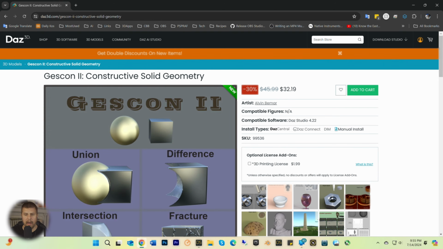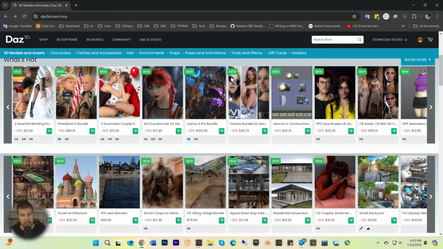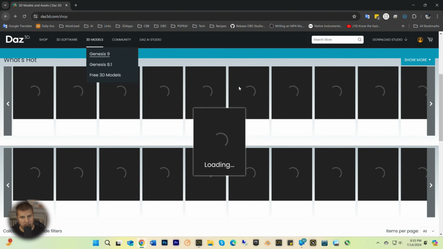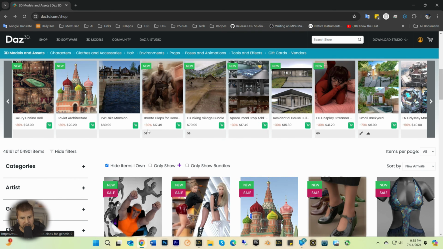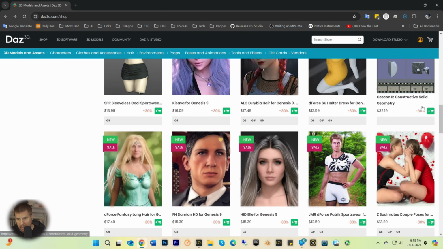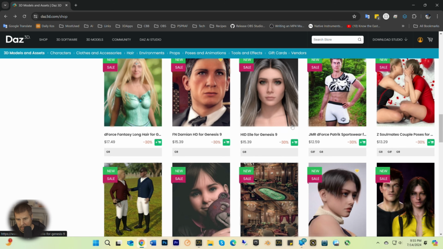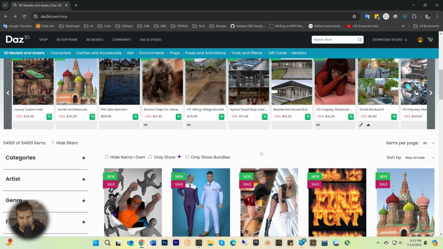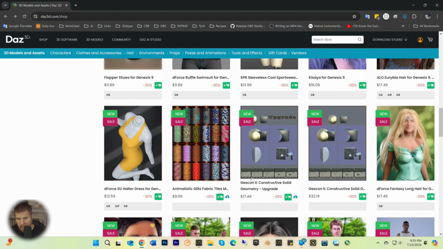So there are 2 products. If we go back here, you'll notice it's not just Gascon 2. We have the Gascon constructive geometry, which is $45. And I think we come in here and we have the other one, which it's not showing because that's the one I purchased. So if we open this up, then we have this upgrade, which is